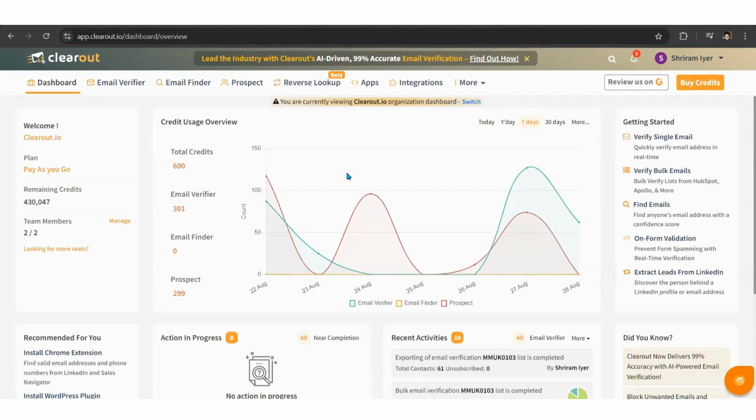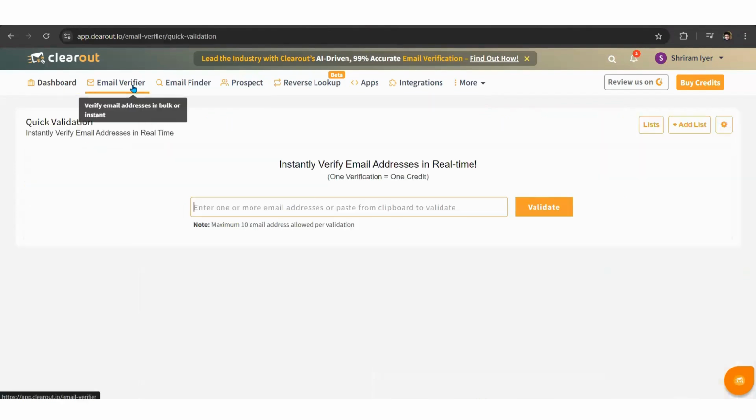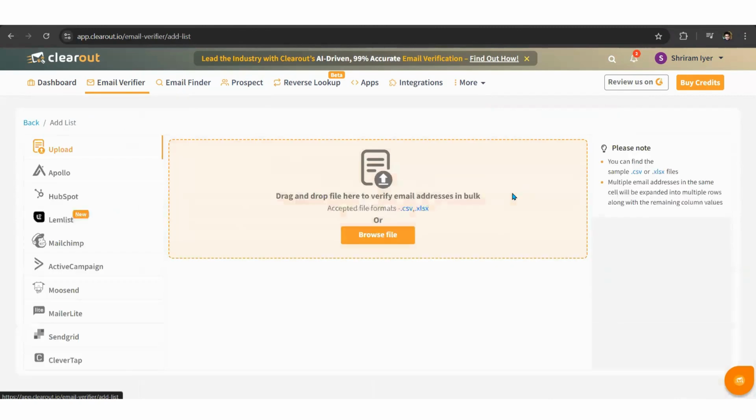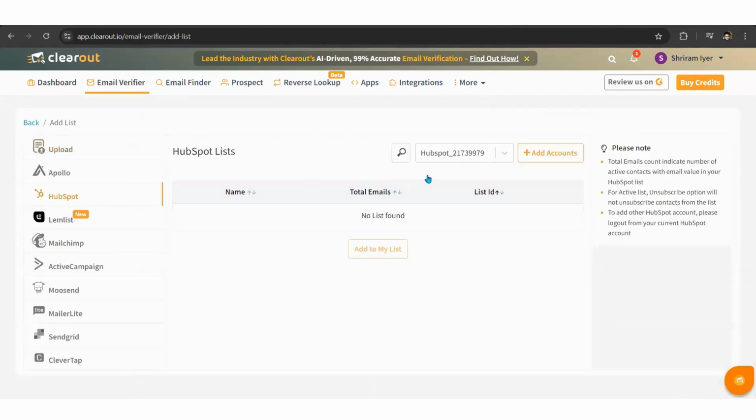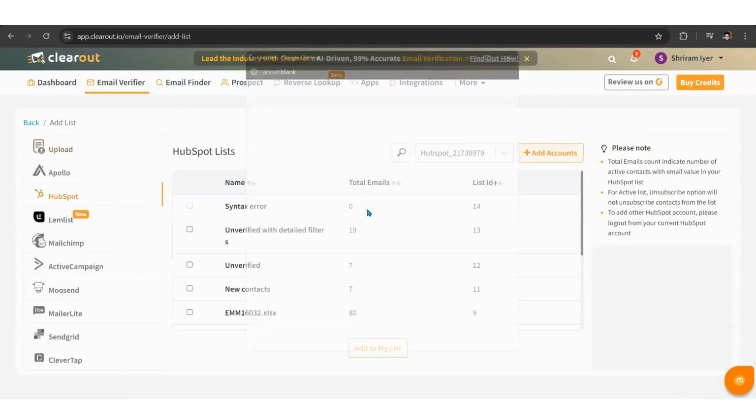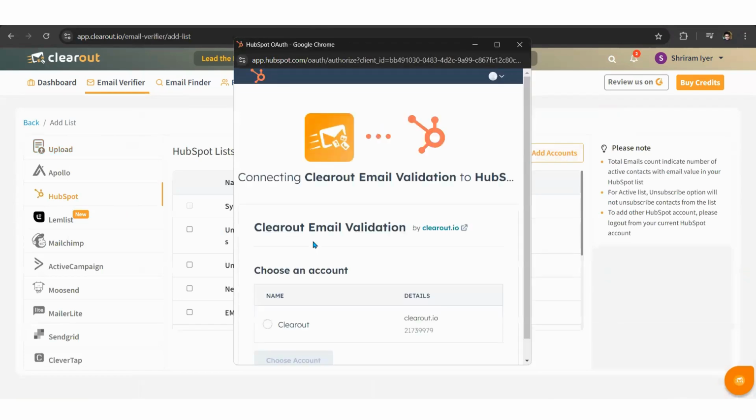So without further ado, let's deep dive into the integration part of it and see how to set up the workflow. So the most important part here: if you're already a HubSpot user who's using a CRM integration, you would be all set. You wouldn't have to do the step where you connect your HubSpot CRM account to make sure that we are able to get access to the list and